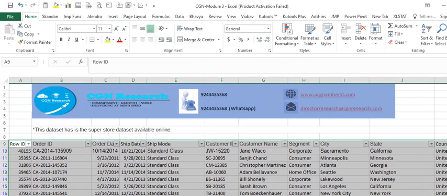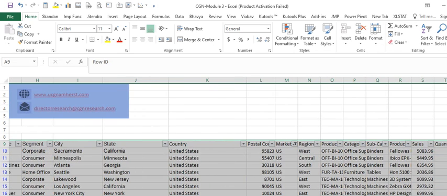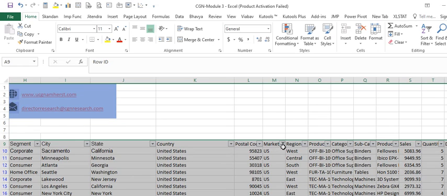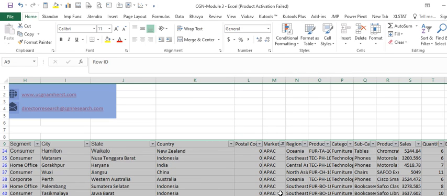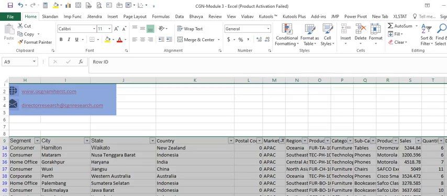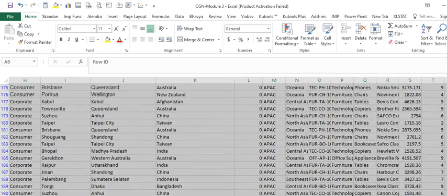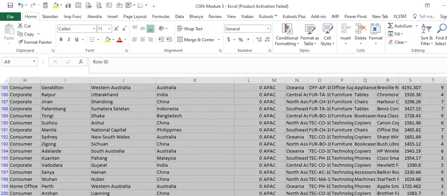Next, let me go back to the market column again just to show you. I will deselect, and then select APAC. I'm only looking at the APAC region now. So you can see only the APAC region records, of course, for all the categories.